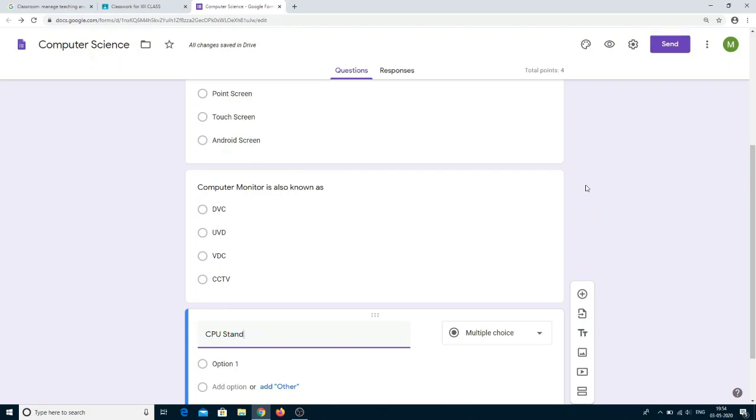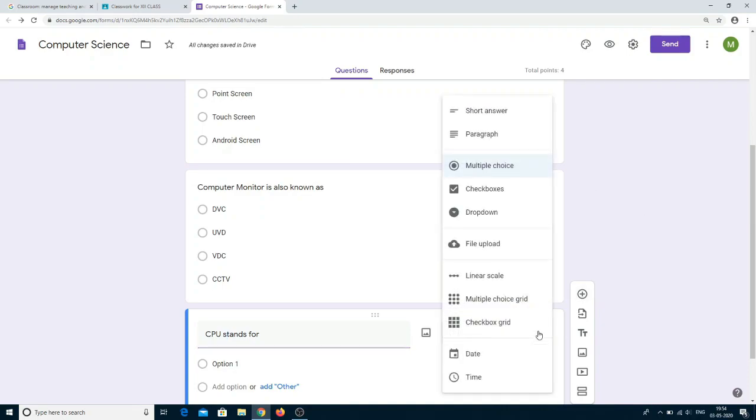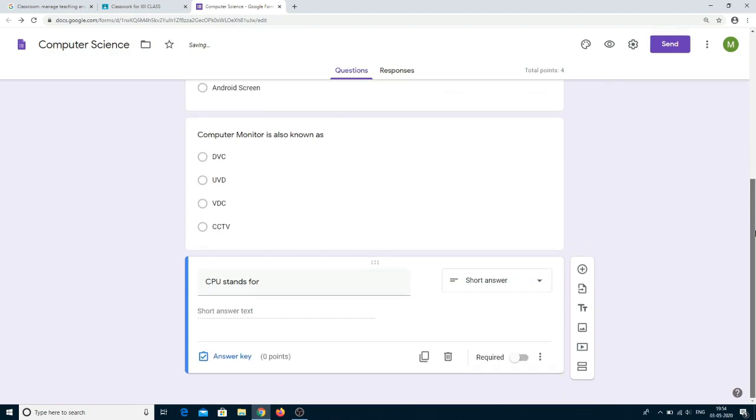CPU stands for, so here what I'm doing is, instead of multiple choice, I'm selecting it as a short answer question. It's a single line answer and I'm going to answer key.